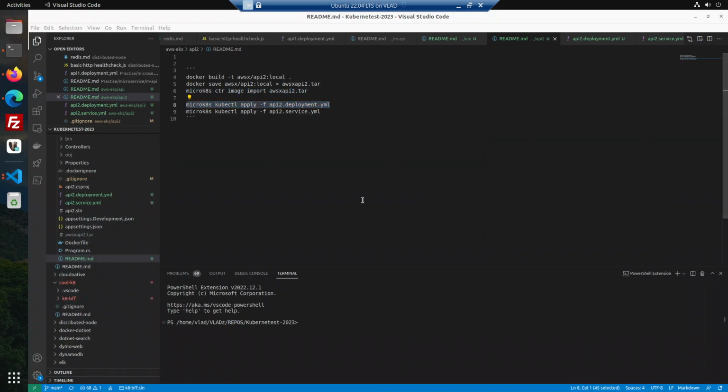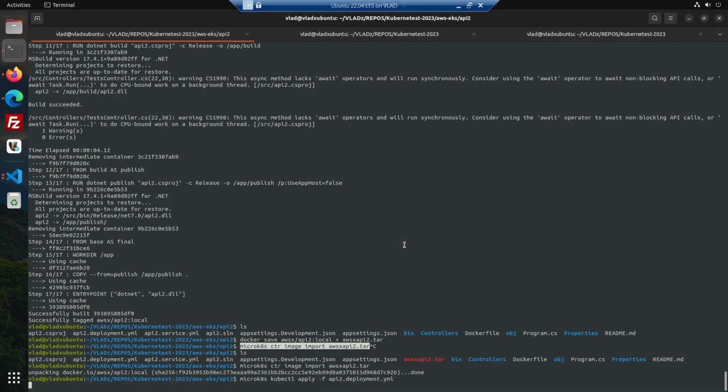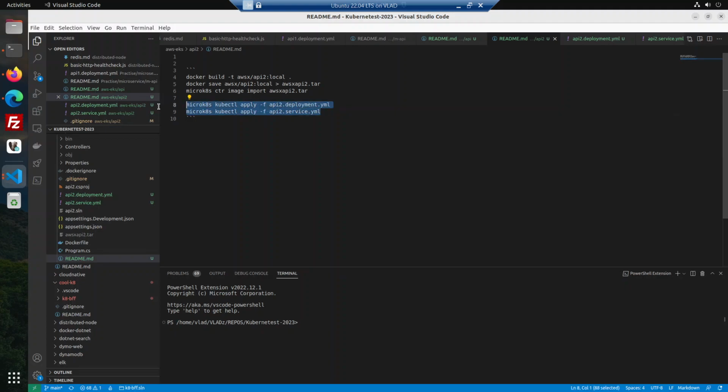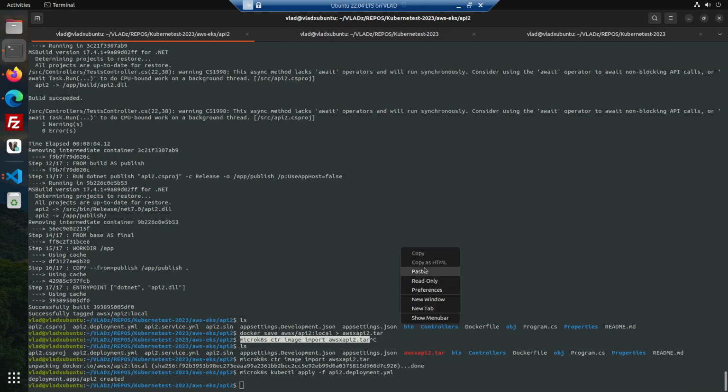Right, and then apply the deployment, and then apply the service,